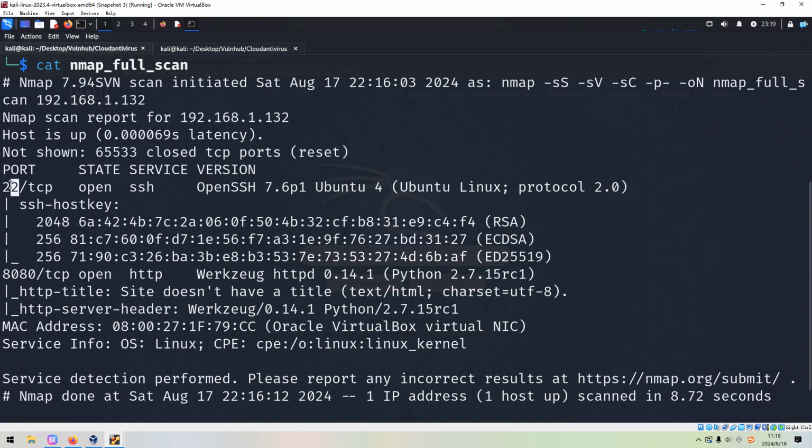The first one is 22, which is running SSH service, or Secure Shell service, and its corresponding version information, including the exact version number, although this version is not very updated. However, I don't think we can find any vulnerability except the username enumeration vulnerability, which is not what we want at this moment. The second one is 8080, which is also running